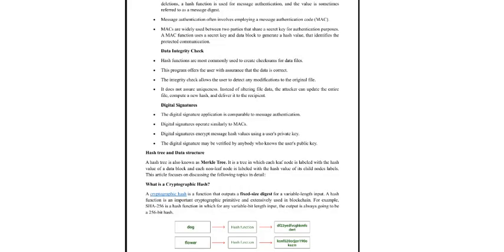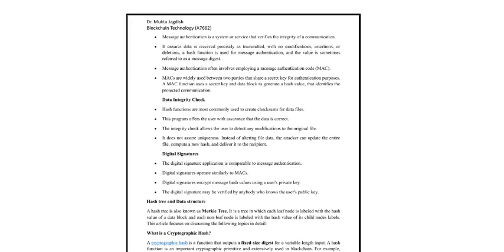Okay, so now let us talk about message authentication, which is one of the applications of the cryptographic hash function. Message authentication is a system or service that verifies the integrity of communication. Always remember, you can make key notes, so whenever you want to use these key points, you can go ahead with them. It ensures data